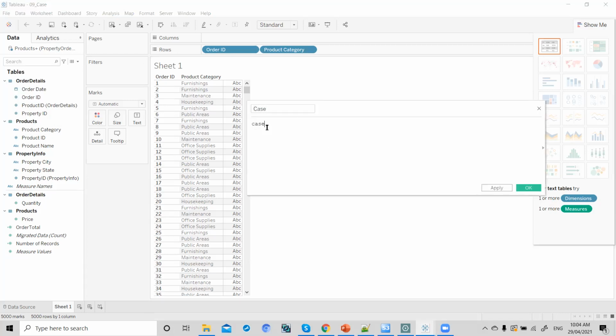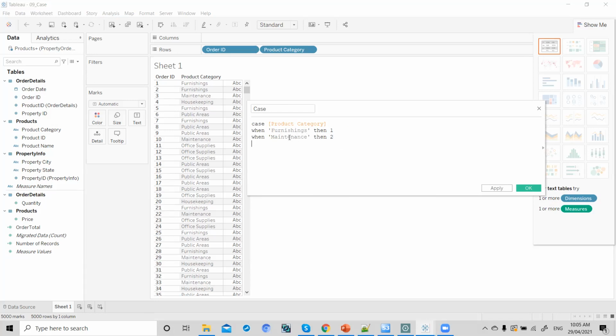What does this mean? Case product category. So this is the one syntax, when furnishing,